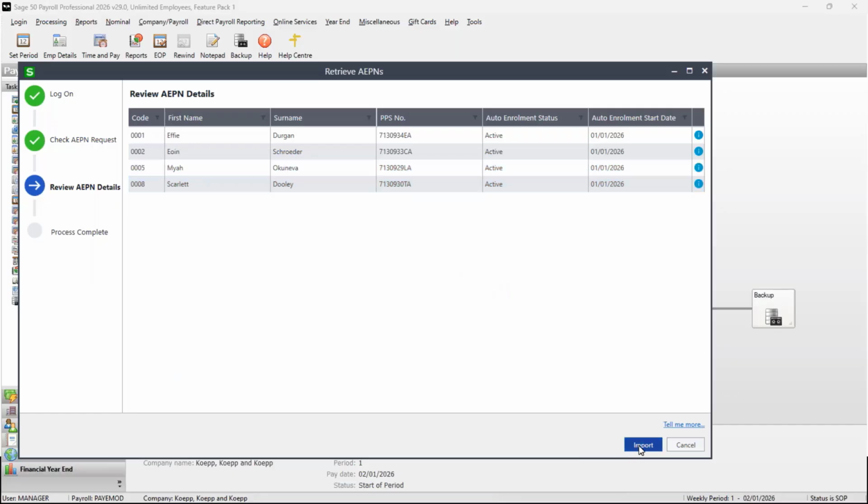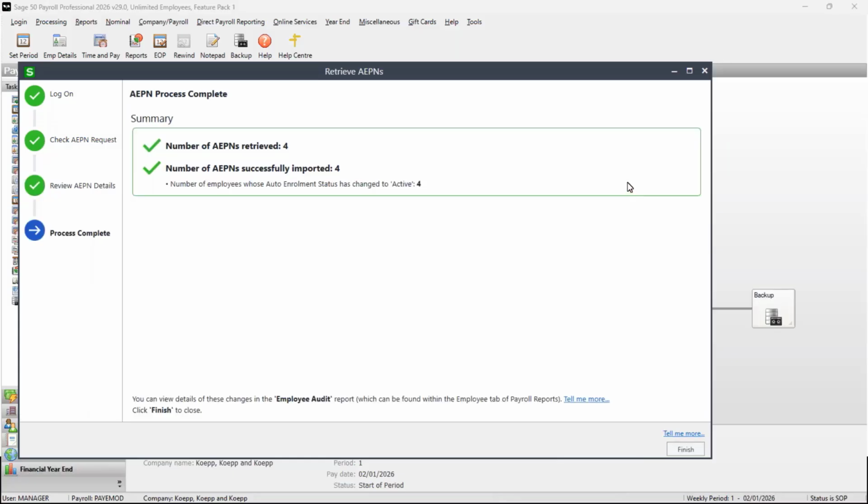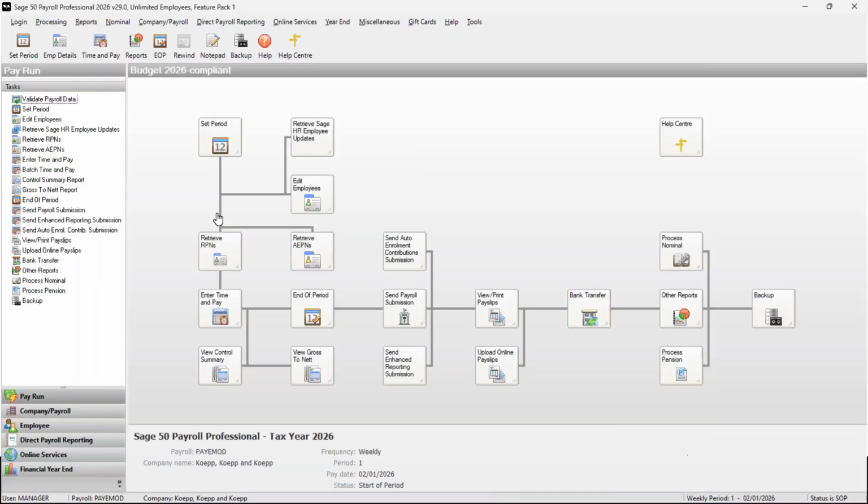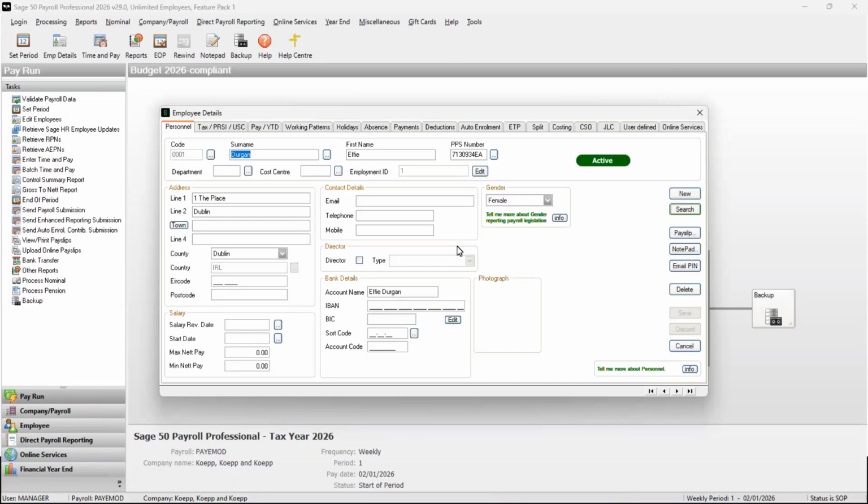So I'm going to go ahead and import my auto-enrollment information into payroll. And we can see we've got 4 AEPNs successfully imported. So we can see that that's changed to active. So I'm going to go and finish. And I do just want to look at the record now that we've imported both our RPNs and our AEPNs as well. So if I go to edit employees,